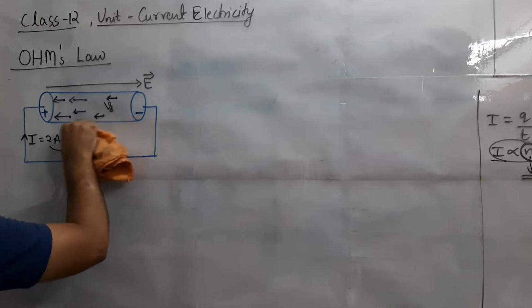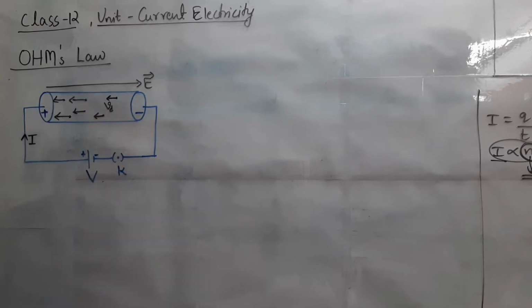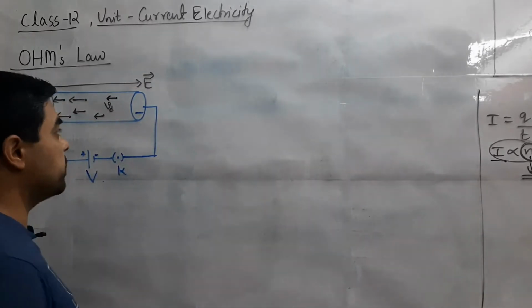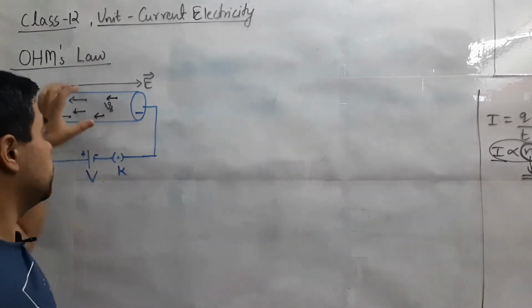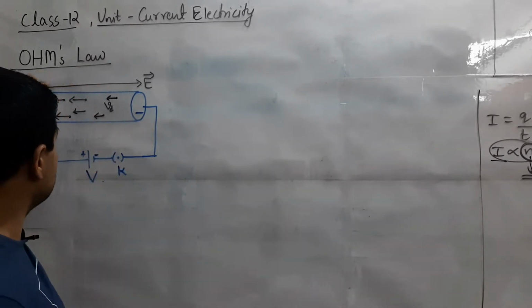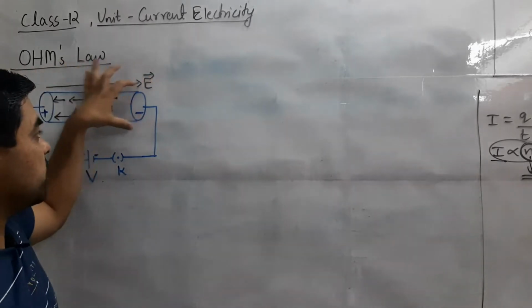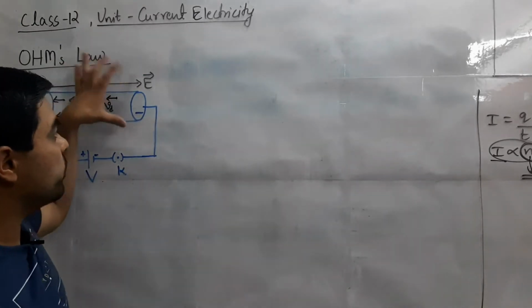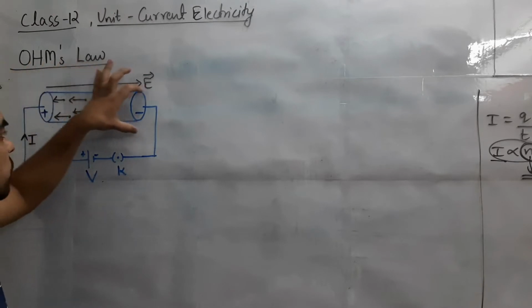So according to this law, G.S. Ohm observed that when applied potential difference increases, current increases, but that will be applicable for a particular condition, and the condition he observed is this, that the conductor must be at constant temperature, the temperature of the conductor must be the same, it should not change, and there should be no mechanical stress or strain over this wire. There should be no change in its configuration.